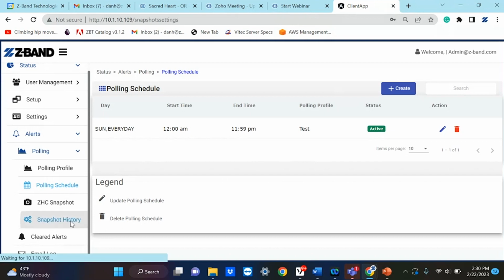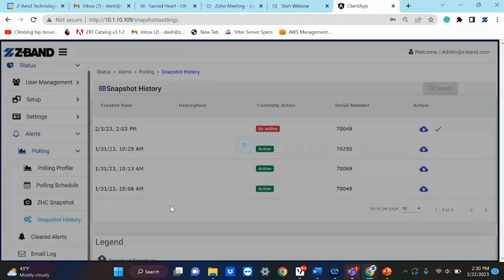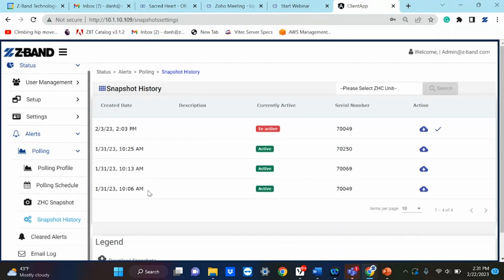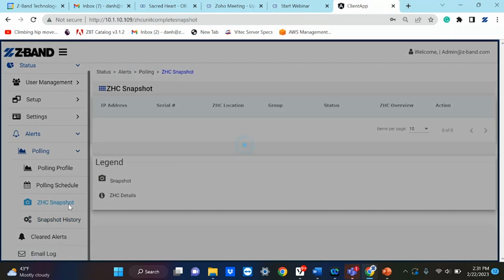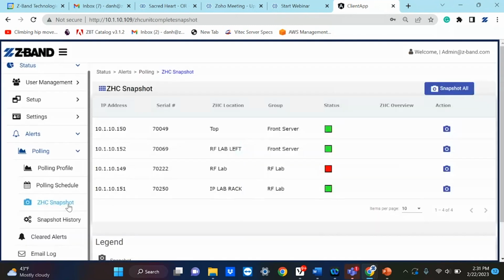Same thing with the snapshot history. If you want to take a weekly snapshot and say, hey, we're going to go ahead and roll through this, that's exactly what you can do. As you can see here, we haven't actually updated our baseline snapshots in about a month since we've been doing a lot of the bug testing. So you can download that snapshot, or you can upload a new one. You can take a new snapshot. All of this stuff can be done really easily through the UI. It's just really straightforward stuff and designed to be very